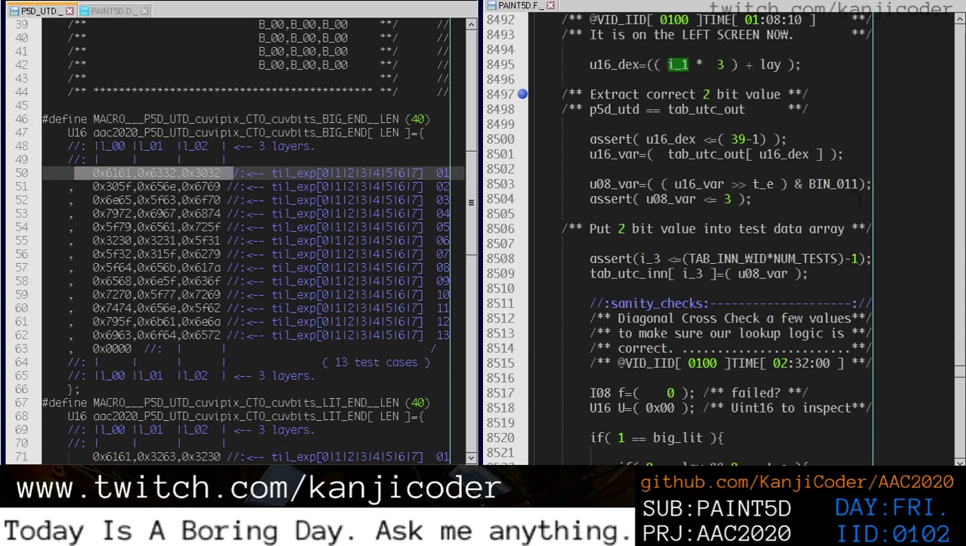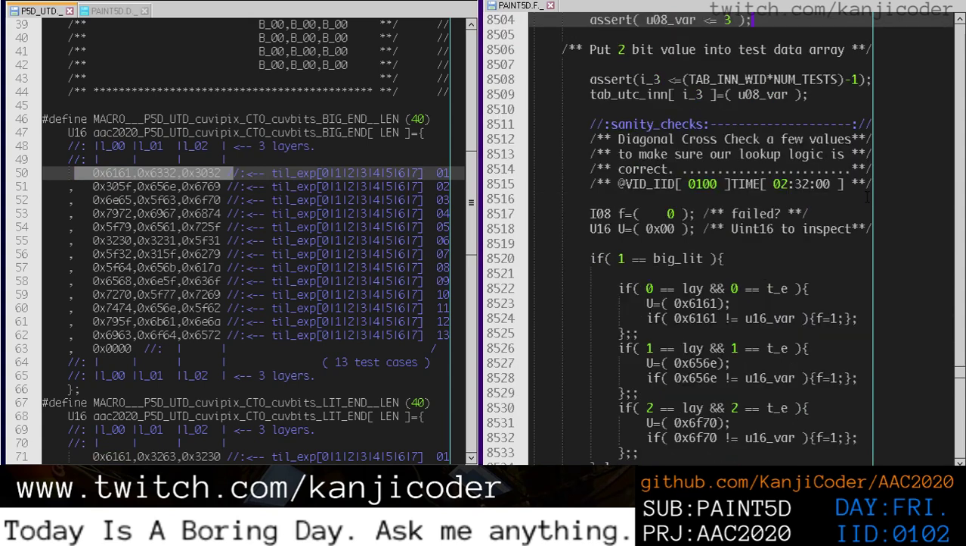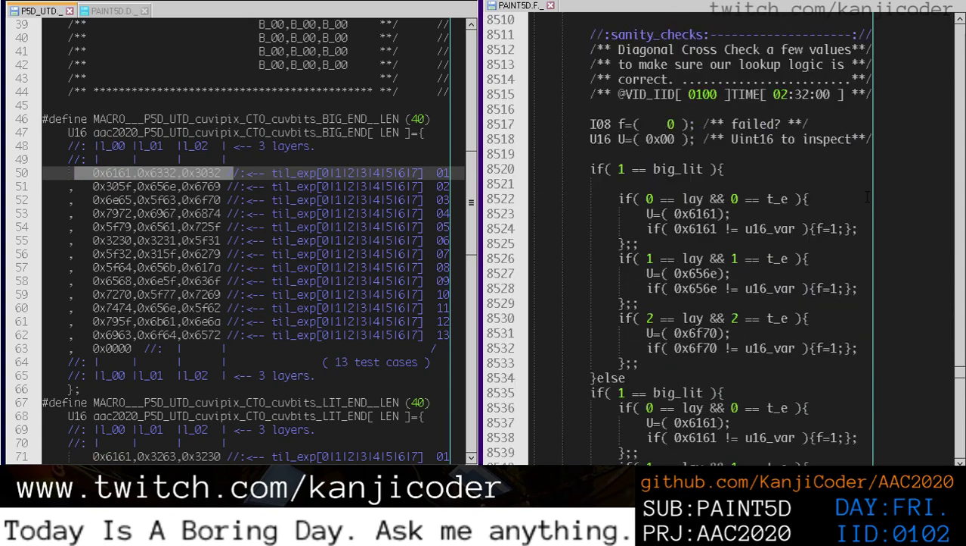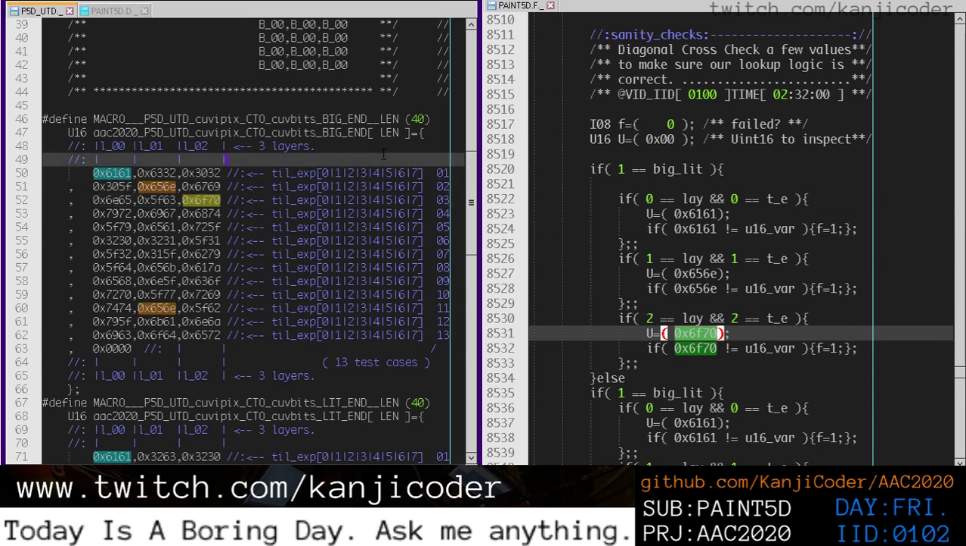Okay, so I'm looking at this, and I think when I wrote this yesterday, this diagonal cross check here seems wrong. So the layer and the exponent here, and we're getting these numbers. So this 616 here, it's coming from here. And then this 656E is coming from here in the test data. And this 6F70 is coming from here. Now the only problem with that is